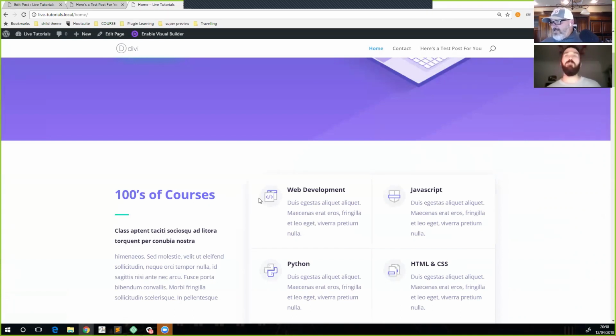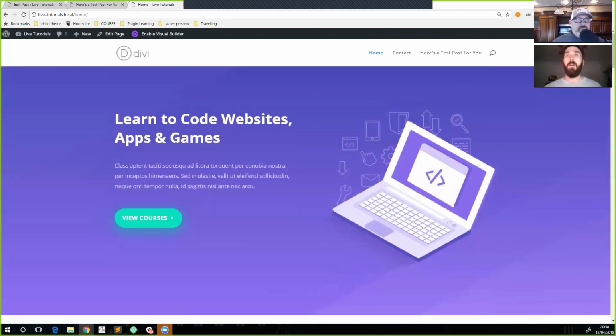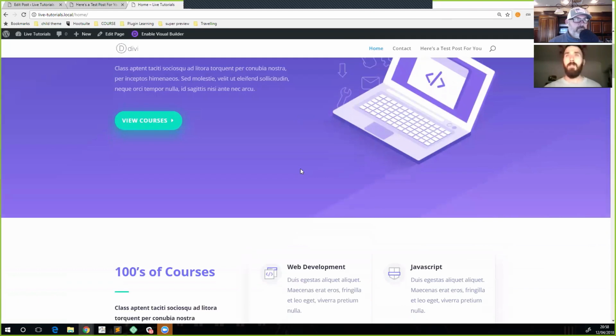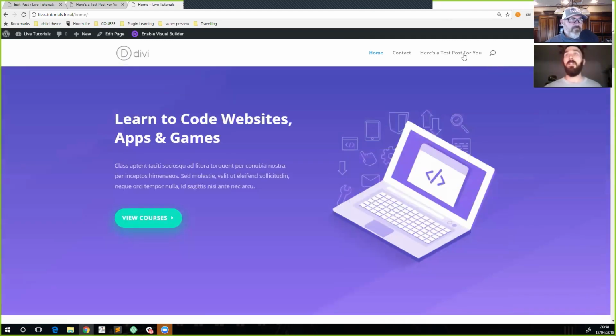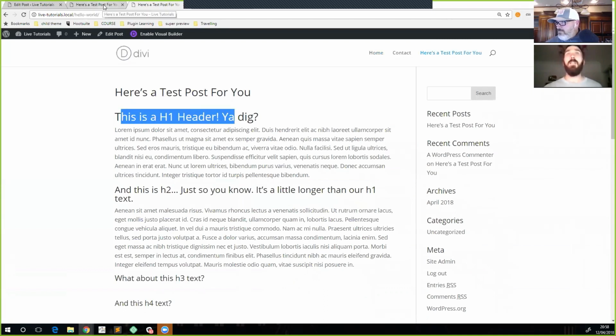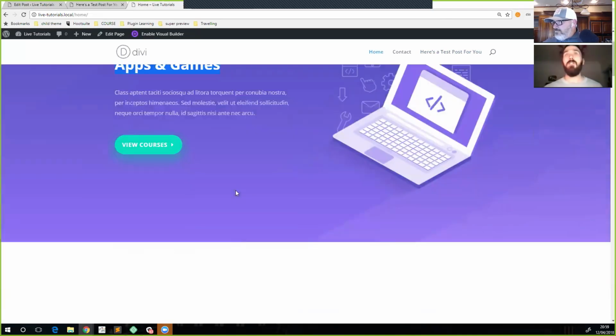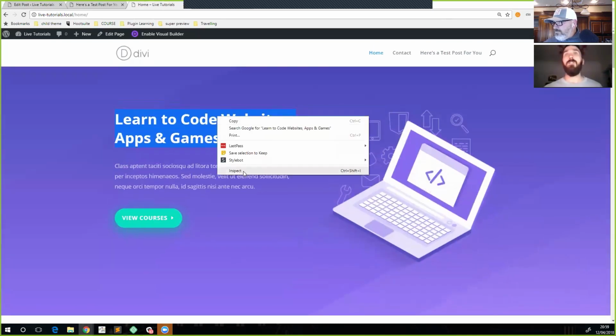So I just want to, we've covered off that all of that text is in a standard blog post, so it doesn't have any classes attached to it. It's just H1, H2, H3. If you are using Divi's inbuilt layout packs, for example, this one, then you will see that despite the fact that we have adjusted our H1 text and H2 text sizes here, in the layouts, they have kept the font sizes. So if I inspect this,